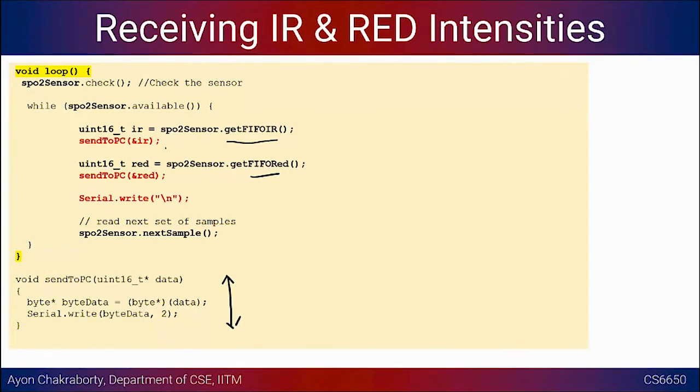And after sending the IR and the red intensity, just write a new line, so that on the receiving end, you can very easily have an API call for reading the serial port, and you can always read a line. That becomes very easy to parse the data if you have the IR data followed by the red data and followed by a new line. So you can always read this chunk out.